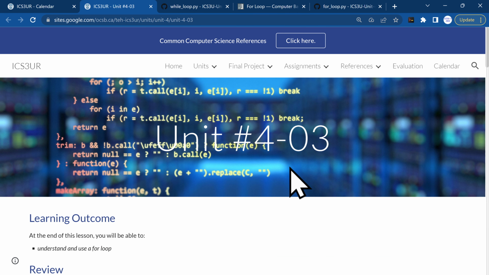So in 4-01 and 02, we focused on the while loop, and the difference is just where do you put the Boolean expression. So in Python, you can only put it at the top. In other programming languages, you can put it at the top and bottom. If you can put it only at the top, then it is a 0 to many kind of looping structure. If you can put it at the bottom, then it is a 1 to many because you're forced to go